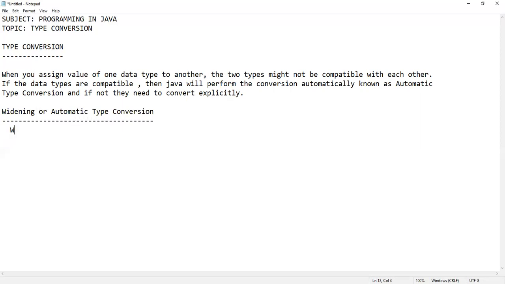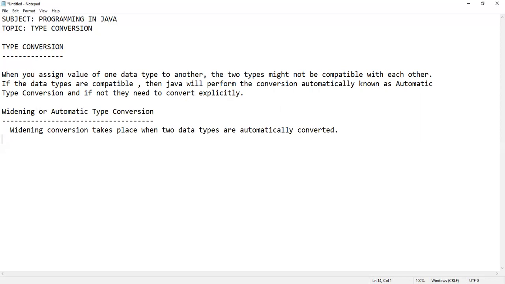Widening conversion takes place when two data types are automatically converted. So if it automatically converts, then we call it a widening conversion.